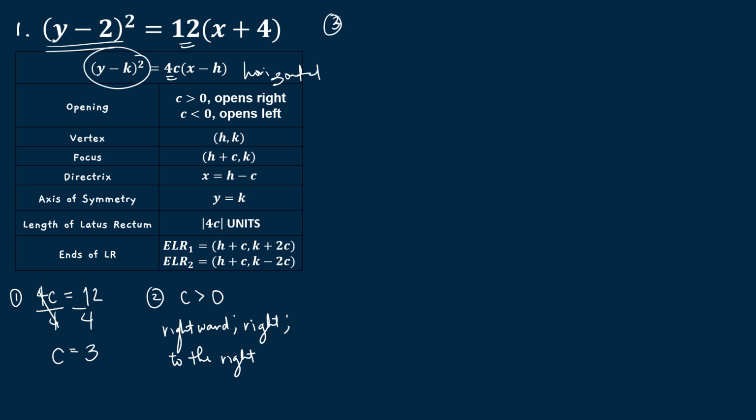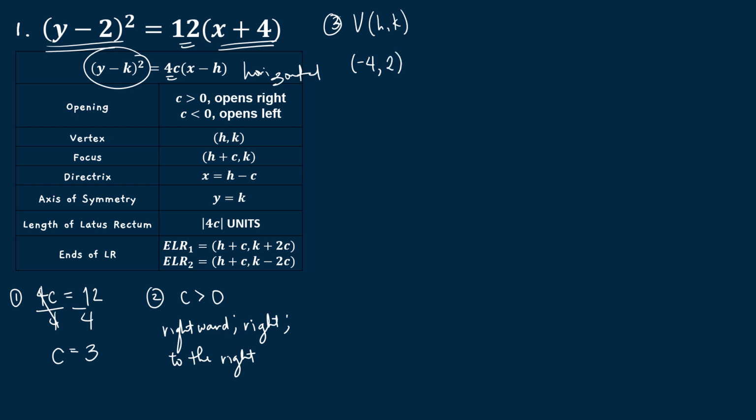3 would be your vertex again. Vertex would still be h and k, but be careful on this part because the positions of y minus k and x minus h are interchanged. So yung nasa left side, baka masanay kayo na x minus h yun. Hindi po. Dito sa example na to, y po yung nasa kaliwa, kaya ang kasama nyo lagi ay k. So you will look for the value of h on the right side instead. So it's negative 4. Since positive yung 4 natin, magiging negative siya. And then, magiging positive si 2.